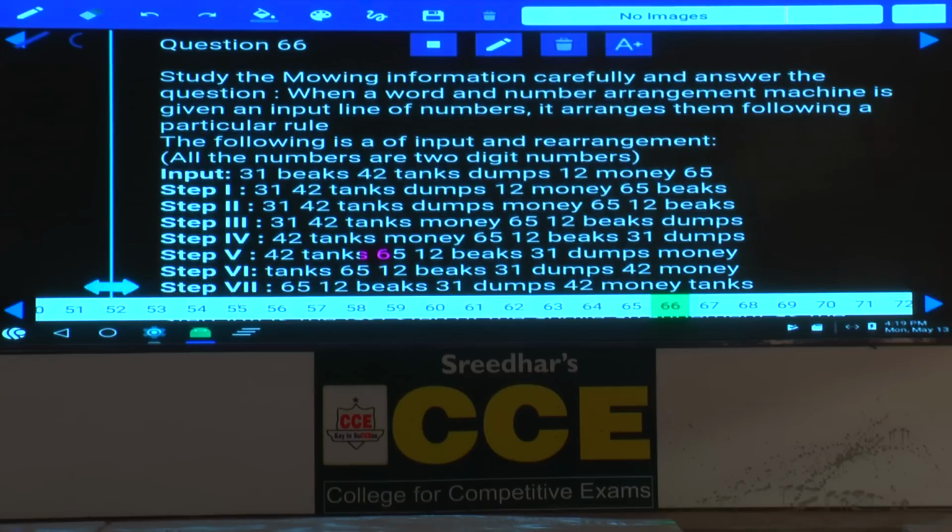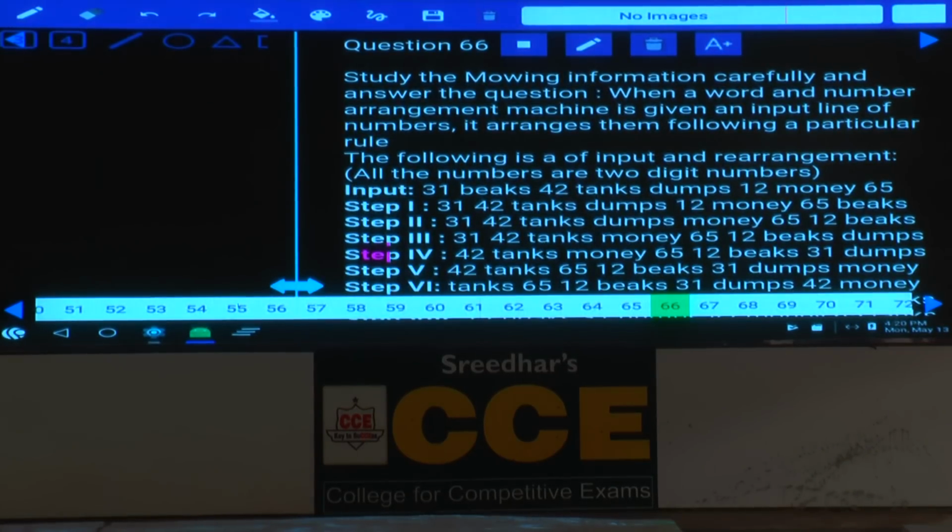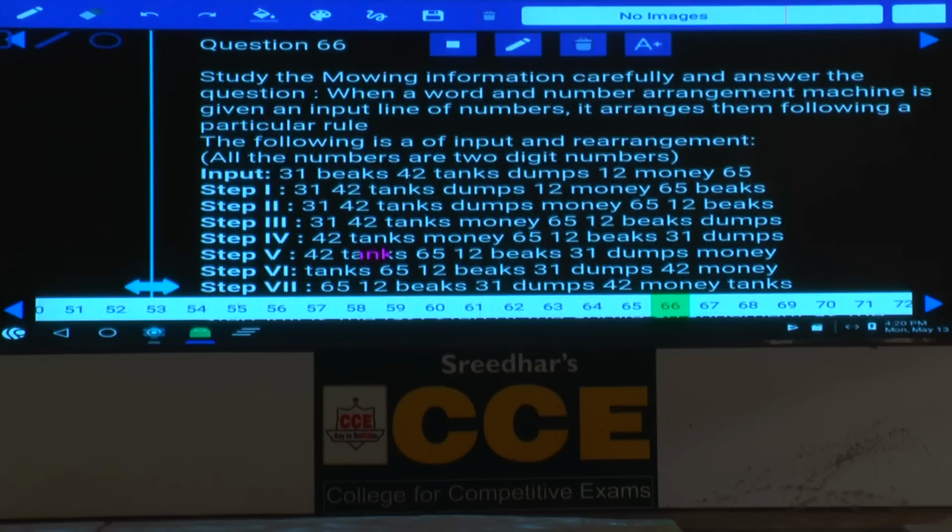Now paper number 674. Now question number 66 to 70 in this. These 5 questions are based on input and output. Now in this input and output,